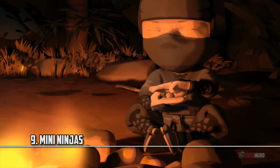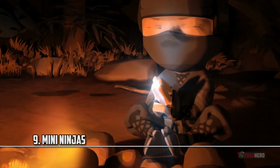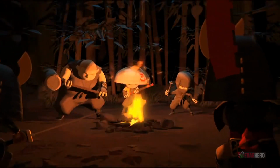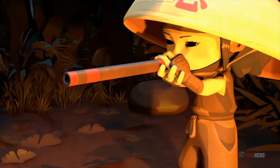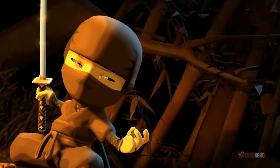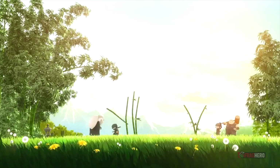Mini Ninjas is a third-person fighting game that has 6 playable characters. The fun part is that each of the characters has their own unique fighting style. The game has a very charming design and the animation is really delightful. As a side dish, we have the story cutscenes where the player can find out more about the history behind